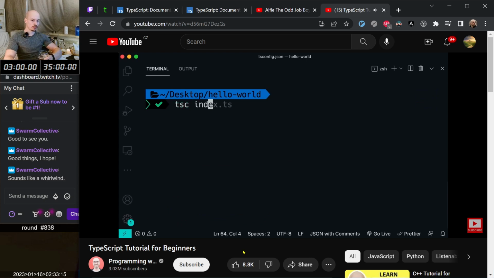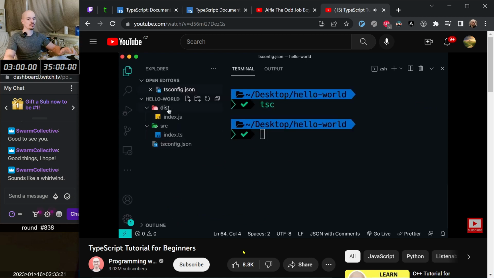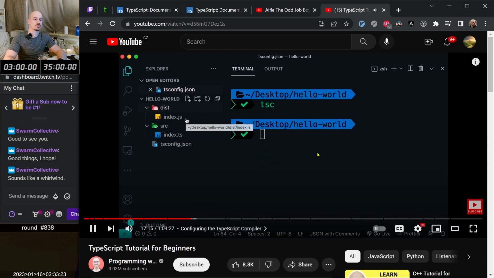So we don't have to type index.ts. We just run tsc, and that will compile all TypeScript files in this project. Take a look. All right? Now, we have a new folder called dist that contains our JavaScript file. So this was the basic